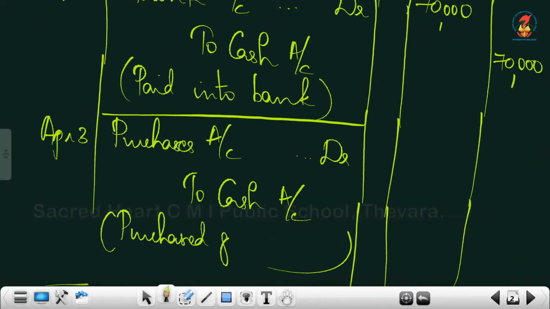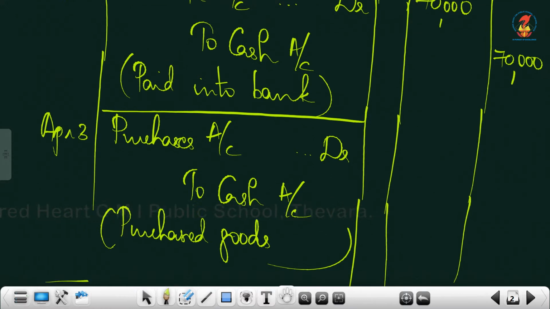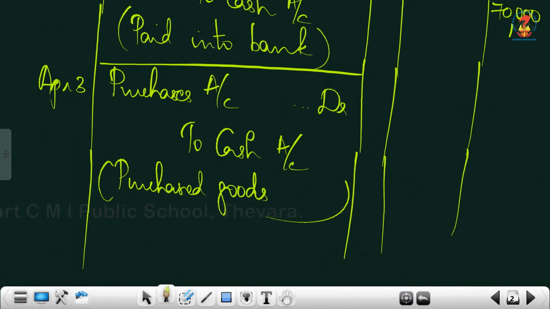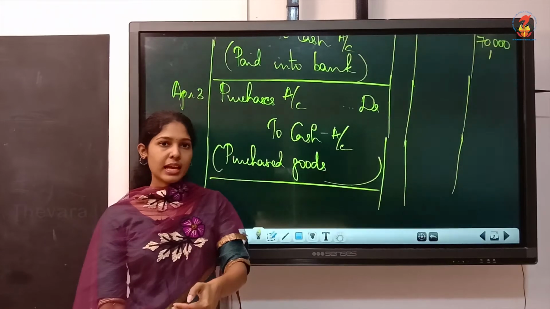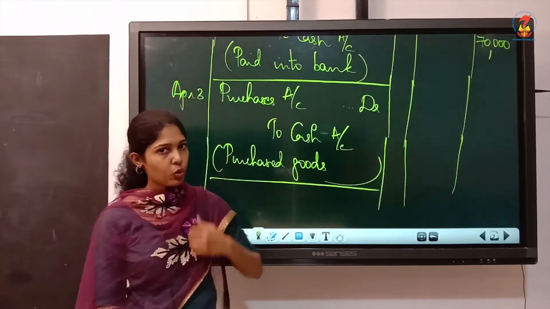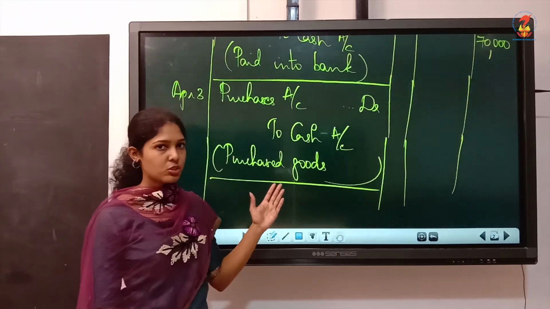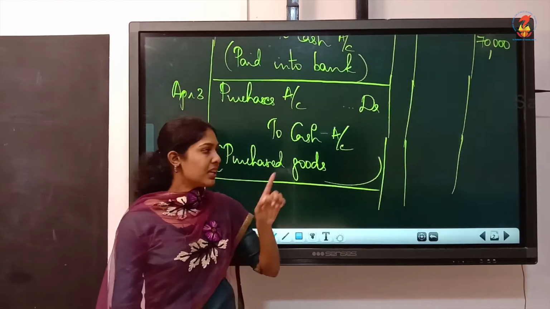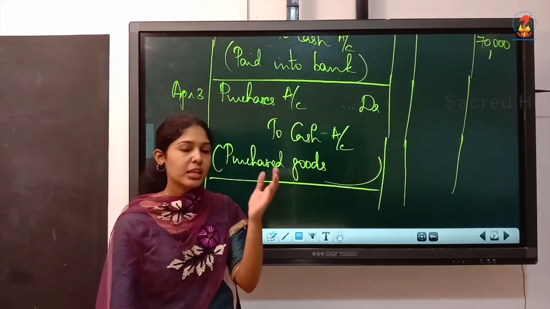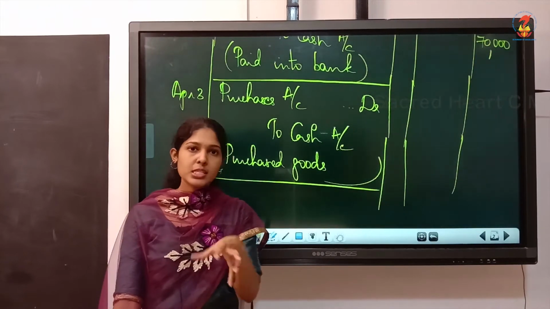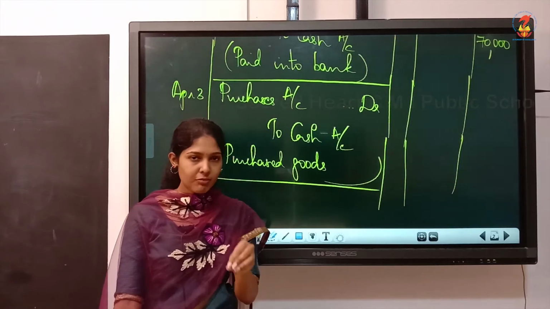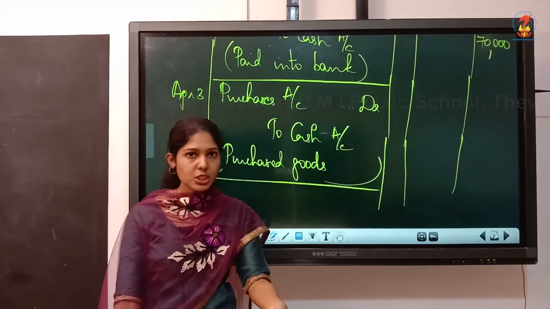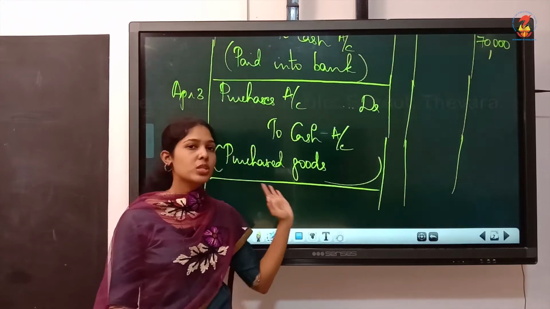Purchased goods. Okay. See here I wrote purchased goods. I didn't specify it as for cash. In the transaction, in your question, it is mentioned as for cash. But when I wrote the narration, I just wrote purchased goods. Now, when they write purchased goods, the meaning is purchased goods for cash. Even if they haven't mentioned specifically that it is for cash, you have to assume that it is for cash